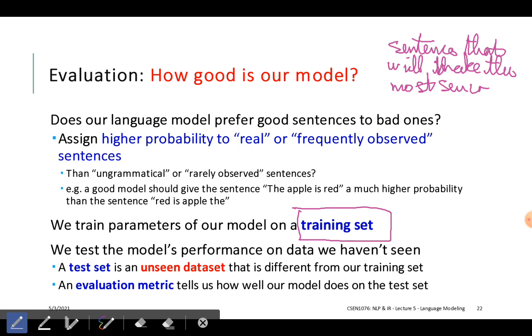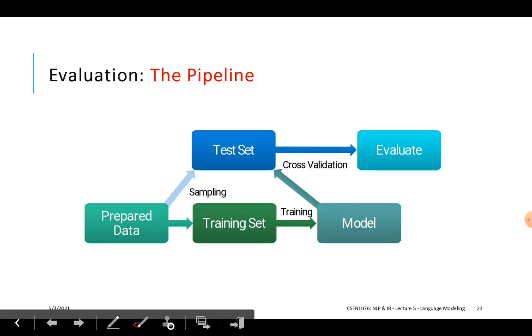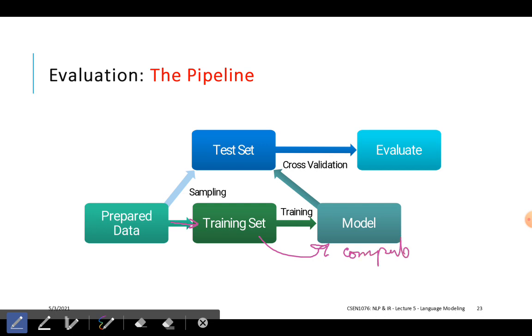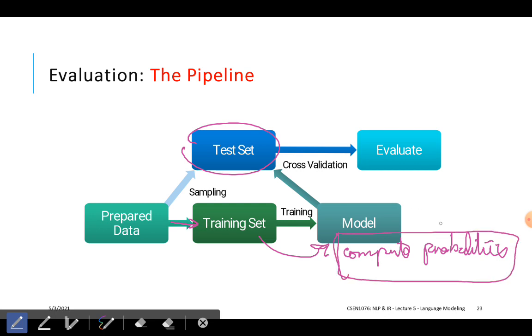So what we'll do is we'll have the data, and then we'll have a training set, and from the training set we will compute the probabilities, and then we will have a testing set, and we will use these probabilities to try and generate